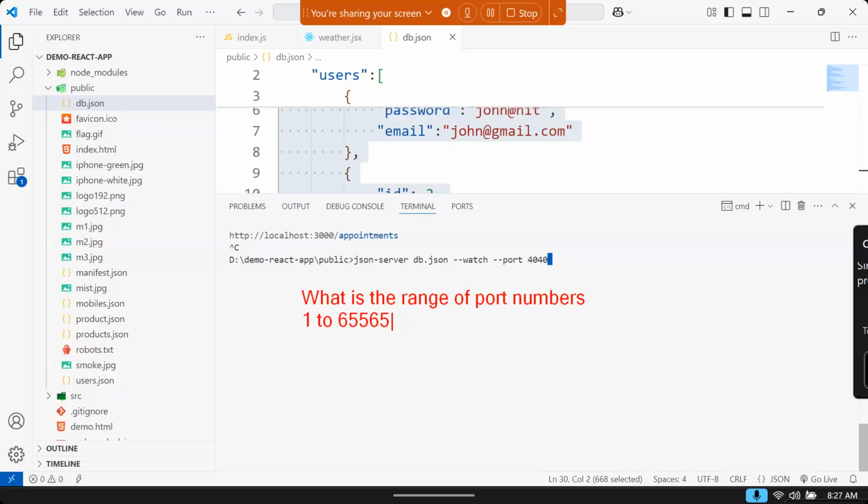65,535. That is the range of port numbers. So if in an interview anybody asks what is the range of port numbers, this is the range. Usually your server side technologies will teach you: Java, .NET and all these, Node.js if you are learning. Actually in that, 1 to